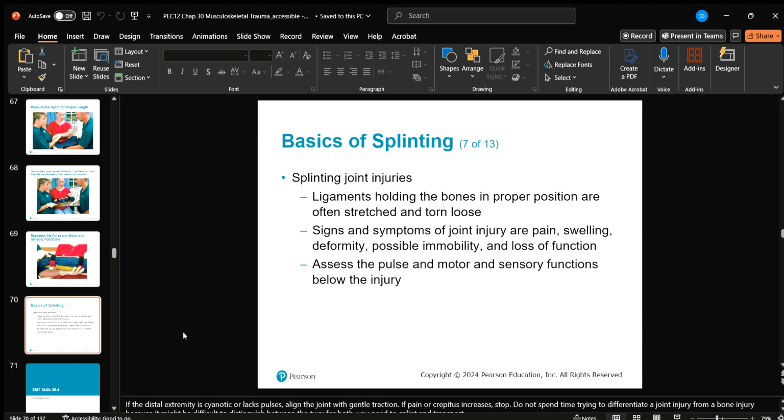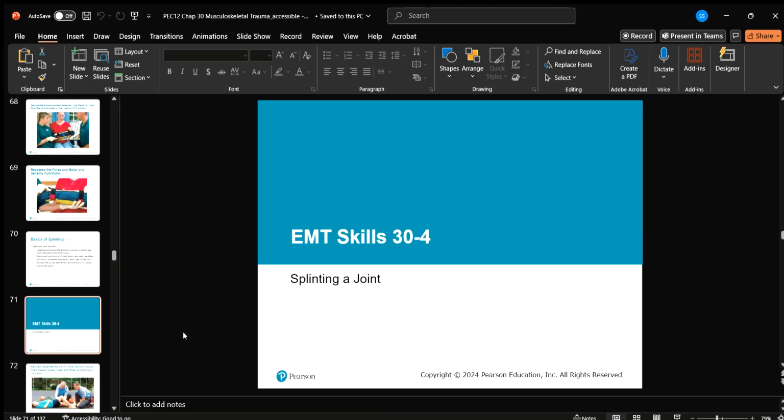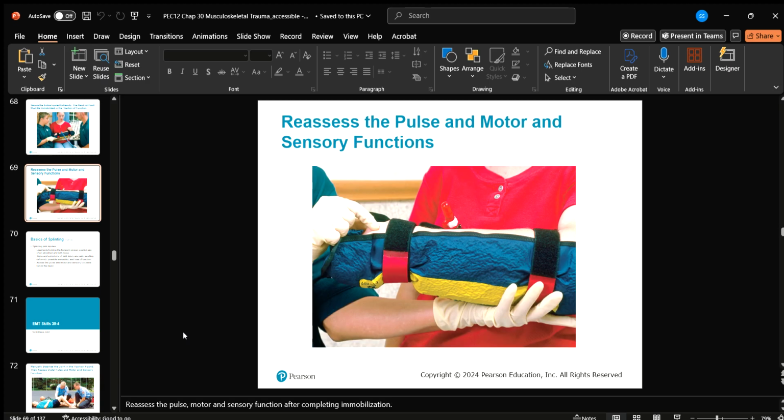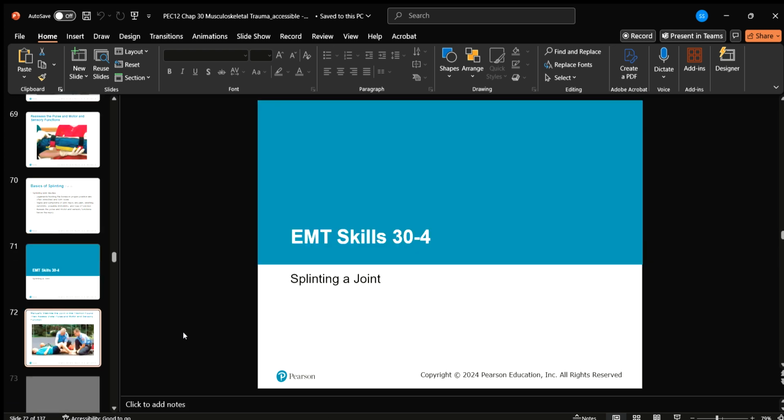All right, so we know that joints, okay, we talked about ligaments. Ligaments are bone to bone. Tendons are muscle to bone. All right, so we may get some ligaments that are stretched and possibly torn. So we may have to splint a joint. All right, so when it comes to splinting a joint, these vacuum splints are the bee's knees, okay? Because you want to splint in place. All right, so this person right here,